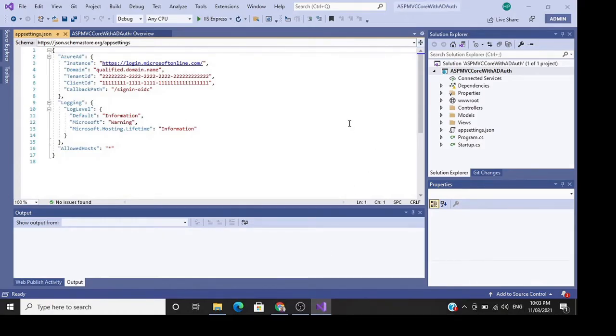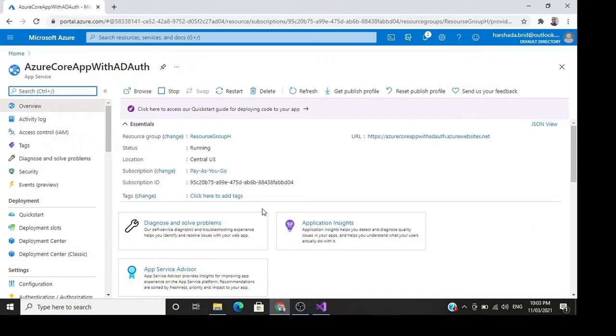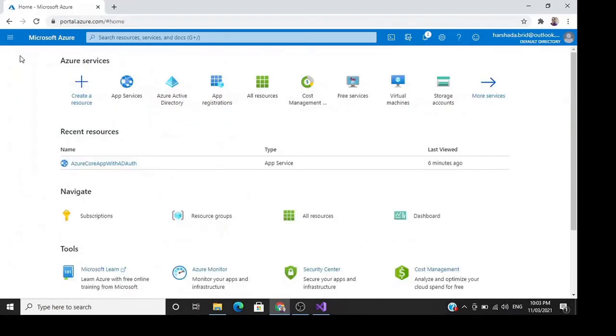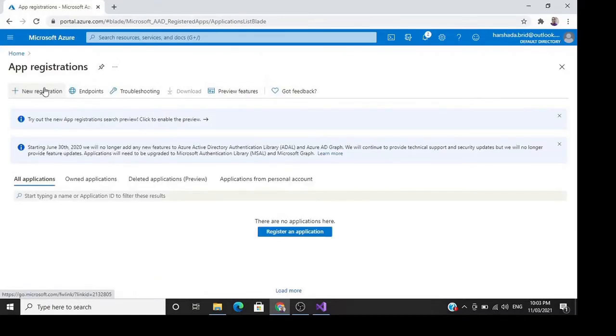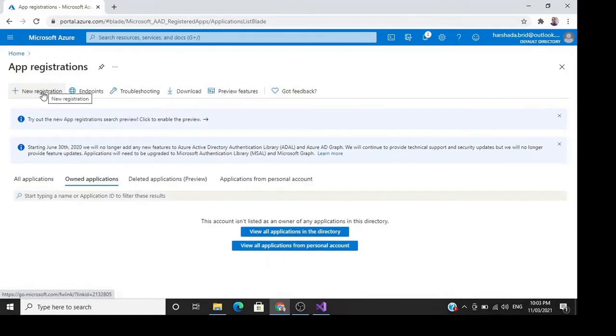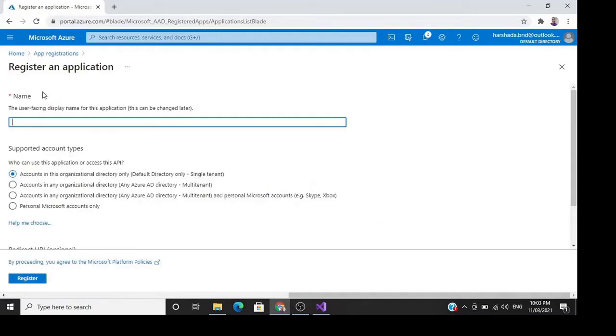It has opened. Azure AD has certain hard-coded values, as I mentioned earlier: tenant ID and client ID. We need to get them from Azure itself. Now how will we get them? We need to create an app registration for the application we are creating. This app registration will make sure that we have a binding with Azure AD.